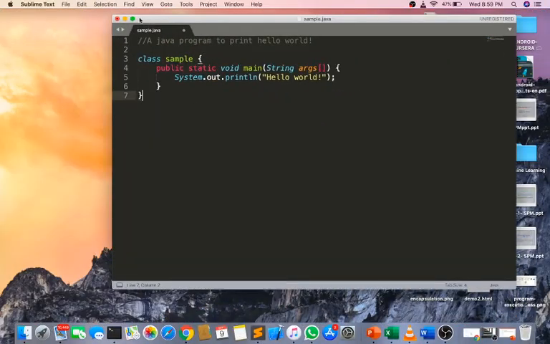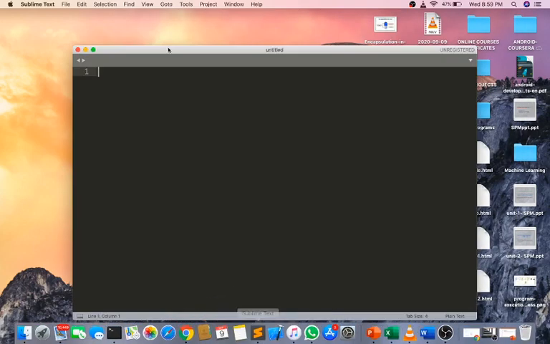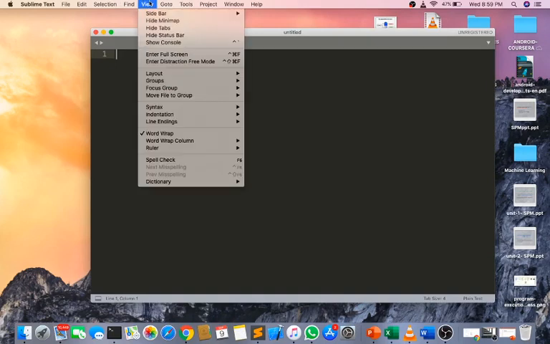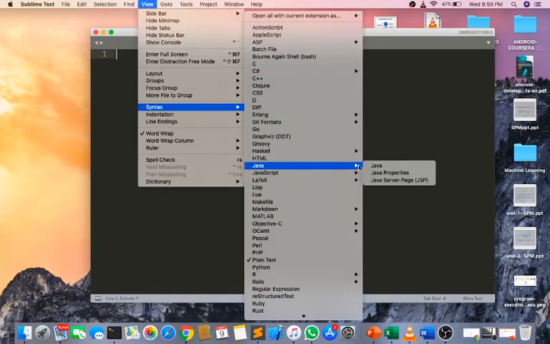Take a new file and write the Java syntax.